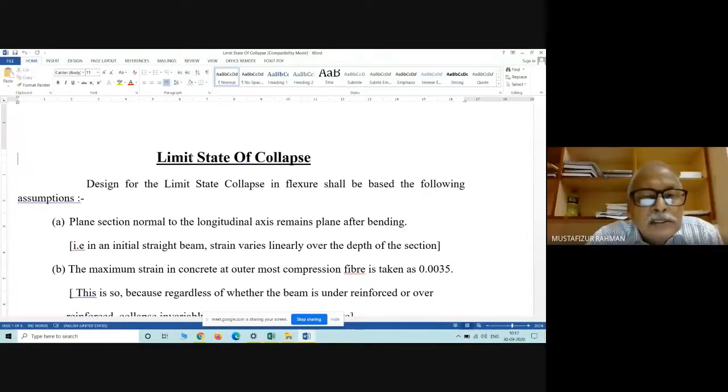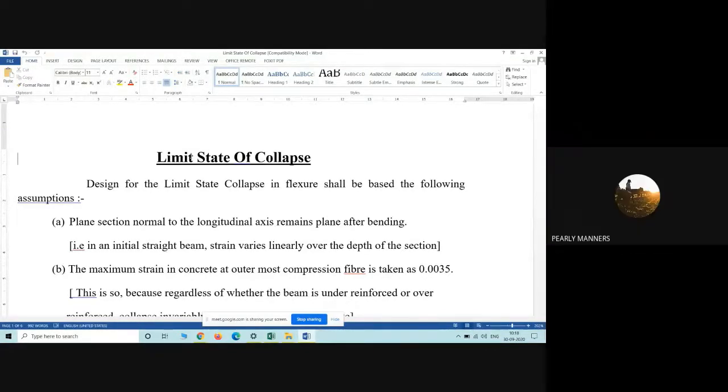Okay. So now all the discussion whatever we had in our previous days, it was with respect to the materials for RCC and different